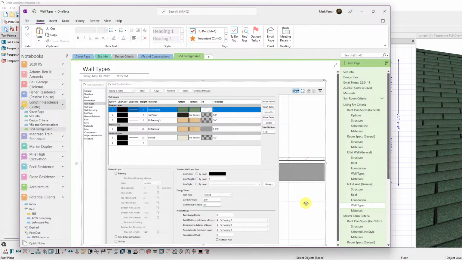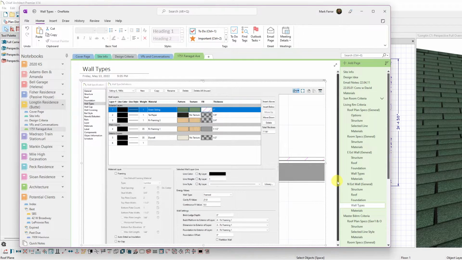Wall types. In my other ones, I was including at least a piece of wall type. I don't think I had it in my other ones. So I like it to have a little representation. So